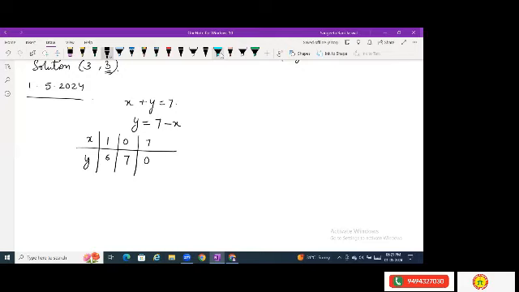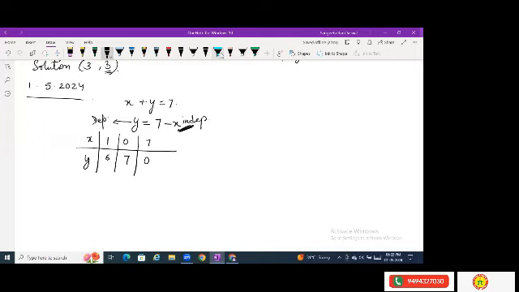Are you understanding? So the value of x is not bound anywhere. You can take any value, any positive value, any negative value, zero, anything. So this is called the independent variable. And the variable which is dependent on the value of x, that means x will decide what value to take, and depending on that, y will take its value. That means y is the dependent variable.